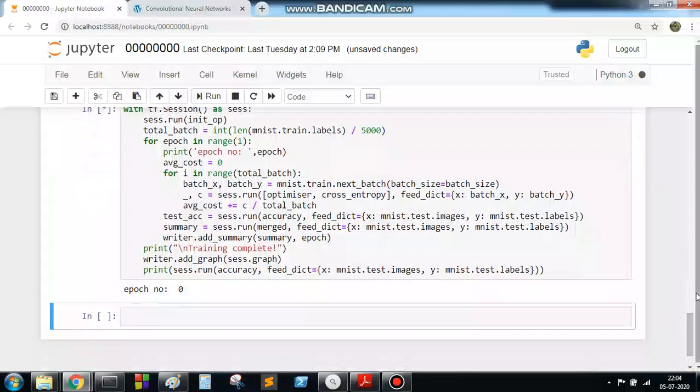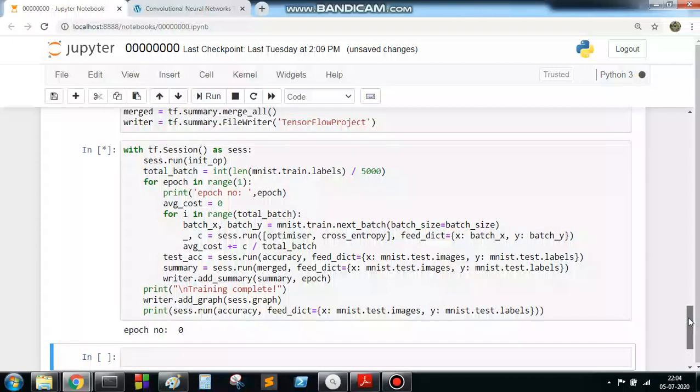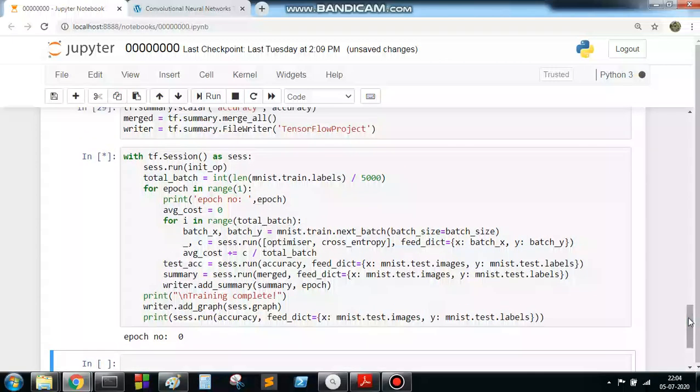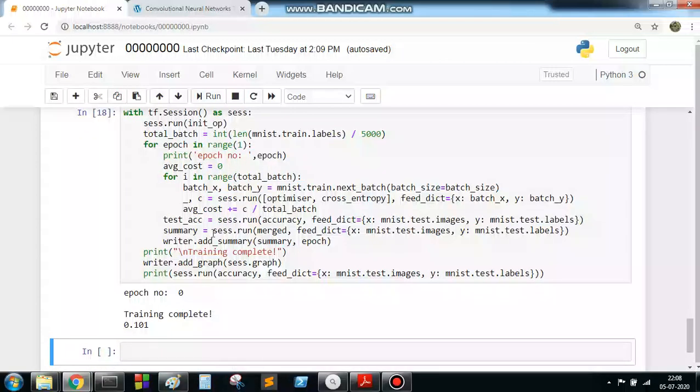Obviously it will take very little time. Just wait for a minute. Okay, now it is completed. So our training is complete, and what is the result? The accuracy is very poor, 0.101.